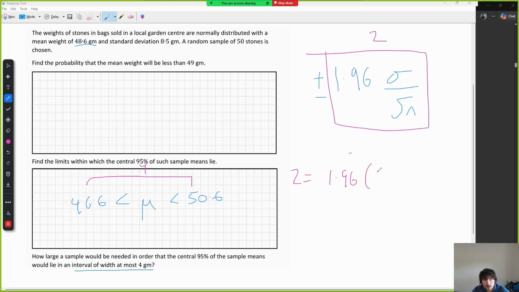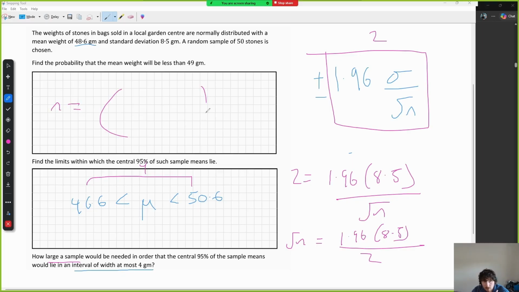So we got ourselves an 8.5 over root n. We don't know n now because we're looking for a new sample. So then really just algebra here. So you'd bring the root n up and then you leave this here. No need to type it into a calculator. All over 2. And then you just square everything. So n would be equal to, so it's good to only have to use the calculator once, you know, over 2. And the examiner will prefer you moving it around like that as well. So 1.96 times 8.5 over 2 all to be squared. So that there is working out as